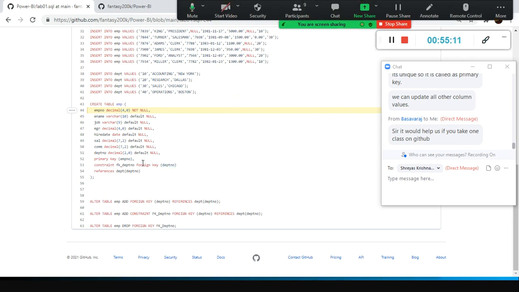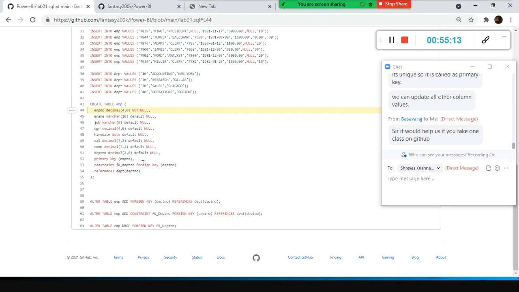You understood, right? When you load the data in a real time scenario, first you need to load it in the primary key master table, and then you need to load this table, because this table is depending on department number. Since you have mentioned the foreign key constraint here, when you insert the data, it will go and check whether the corresponding department number is already there in your department table.